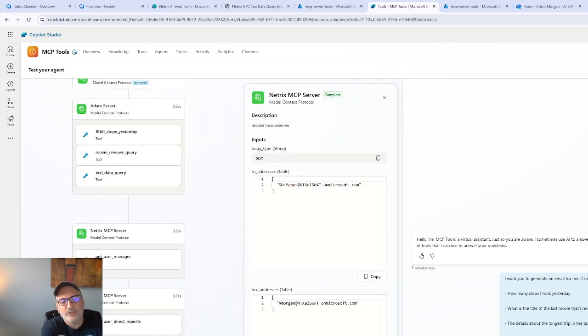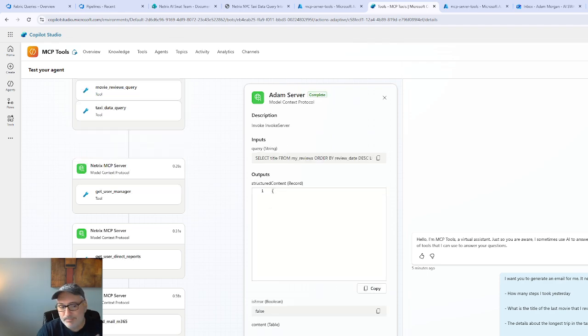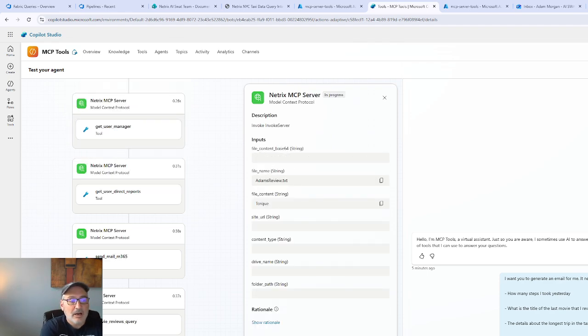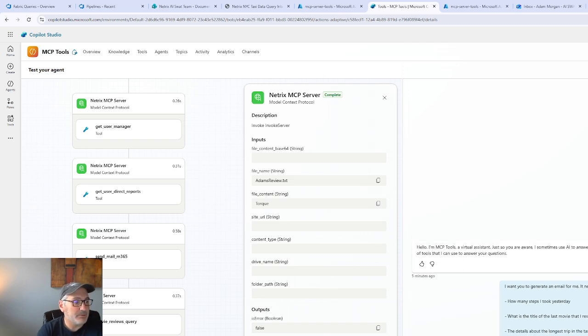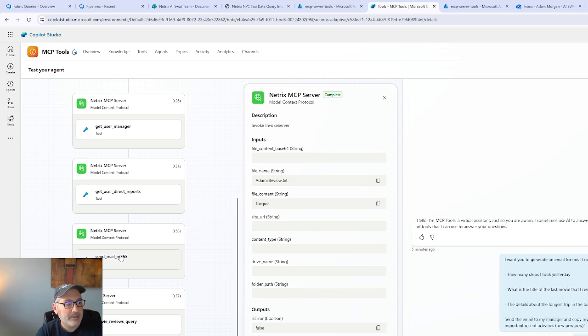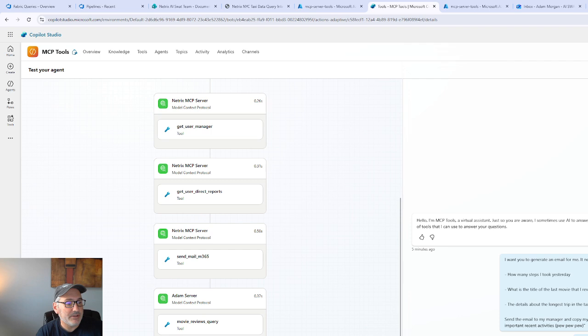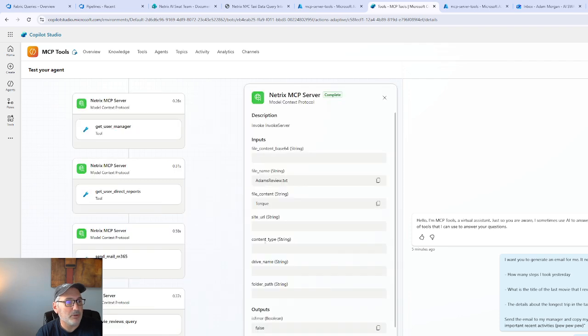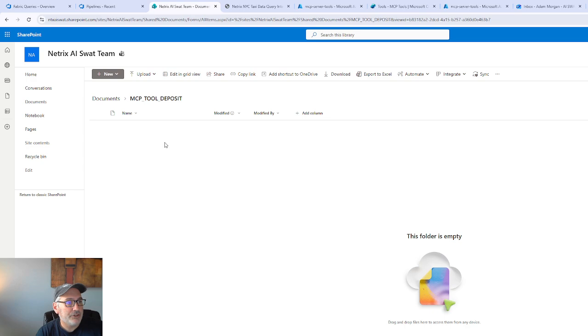So I've actually told it to go out and get some data. I could have, again, asked it for a whole bunch of data. It would have gone and got all that data, as we're seeing it do here on the left side. So it's going to assemble all the data that it needs. And then the last step in this is to upload to SharePoint. So if we walk over here, it should be